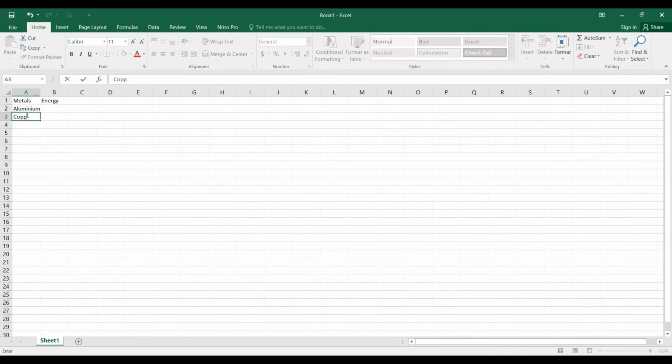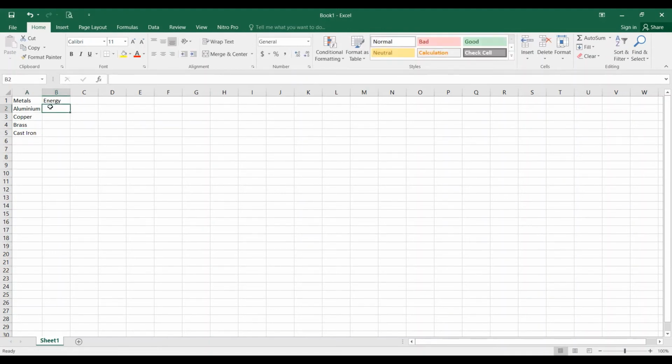So there is another value, copper, and then brass. And what is the next material? Bronze, cast iron. Okay, let me put cast iron. Just as an example, I am taking 34, 54, 55 and 80 in joules.